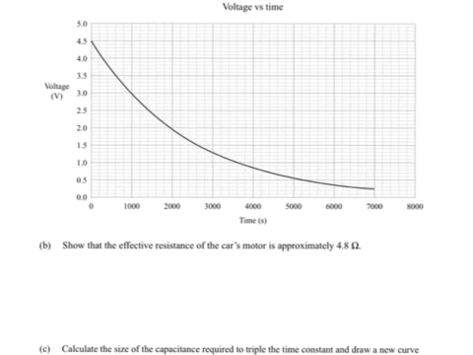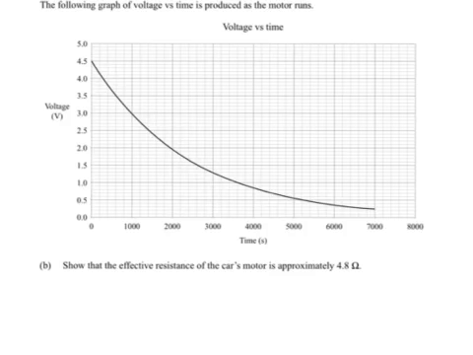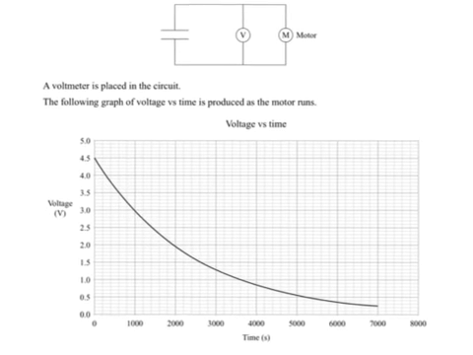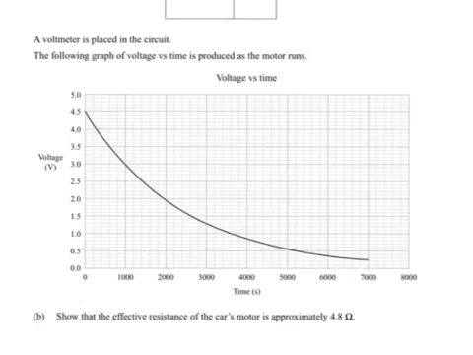B, show that the effective resistance of the car's motor is approximately 4.8 ohms. Okay, how are we going to do that? We're probably going to use the time constant from the graph, knowing that the time constant equals, let's write this down, I'm going to write it on the graph, time constant equals RC. The time constant is about